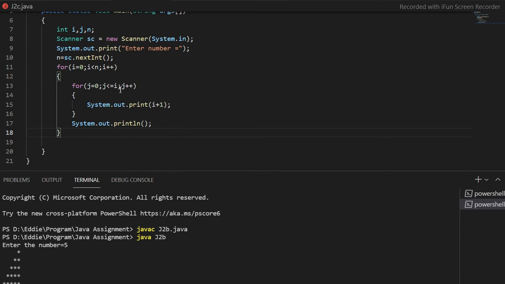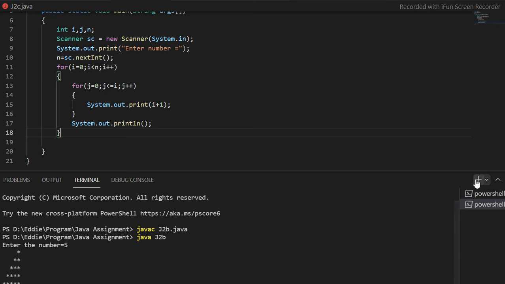And how many times is the iteration running? Only one time. So only one time 1 will be printed, the line will be changed, and then it will go for printing again, and i will be incremented to 1. Now it will go 0 to 1, which means 2 times will be printed. And what will be printed 2 times? i plus 1; i was 1, so i plus 1 means 2, so 2 will be printed 2 times. Similarly 3 will be printed 3 times. By changing the lines you can keep on going.